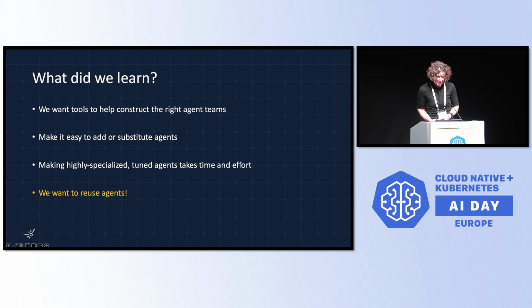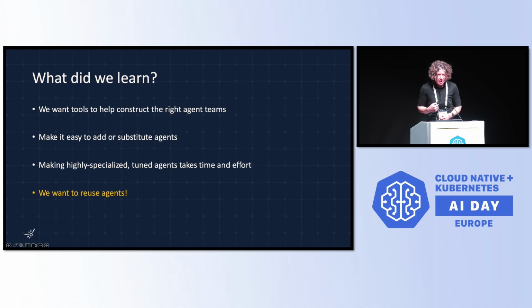It's taken us a long time to get to this point. From the time when I submitted this abstract to the time when we're speaking now, I was really hoping we'd have a point where we really knew we were getting back high-quality results, and we're still learning about this. Along the way, we did end up launching this agency thing, so hopefully that gives us some credit for doing something else instead. We need tools to help construct the right agent team: ways to measure the performance of our agents and of our application, and to do that quite easily.